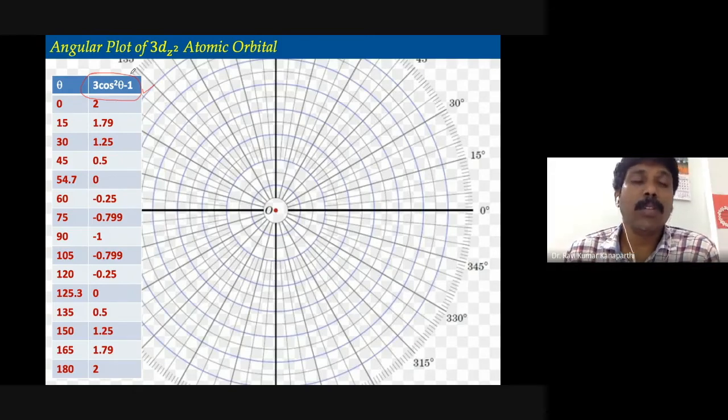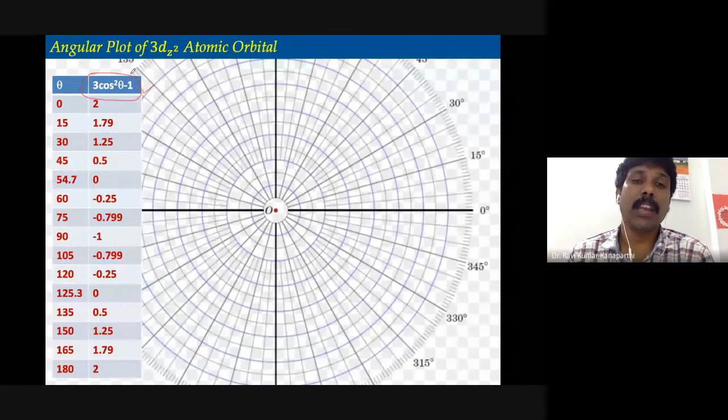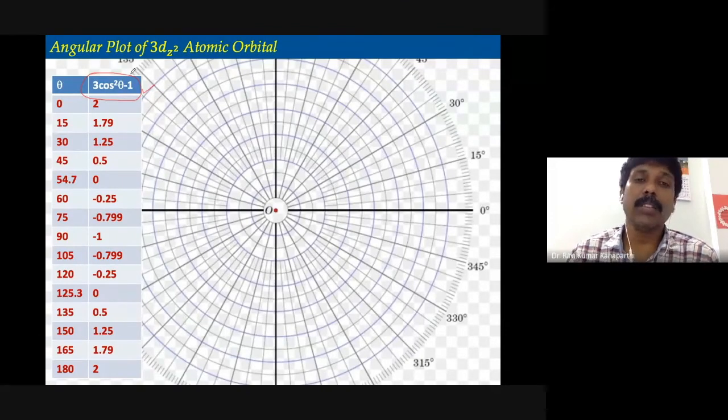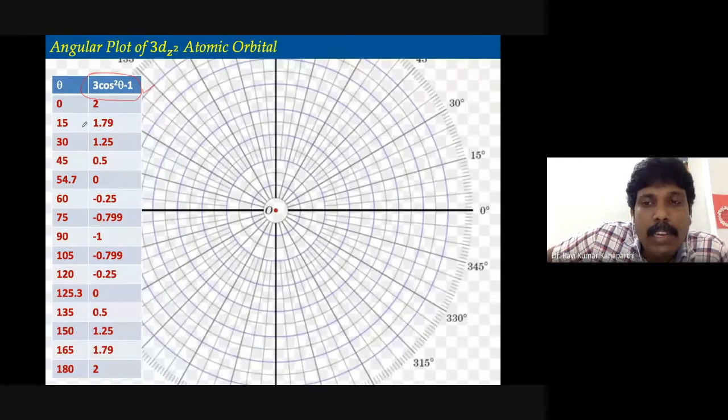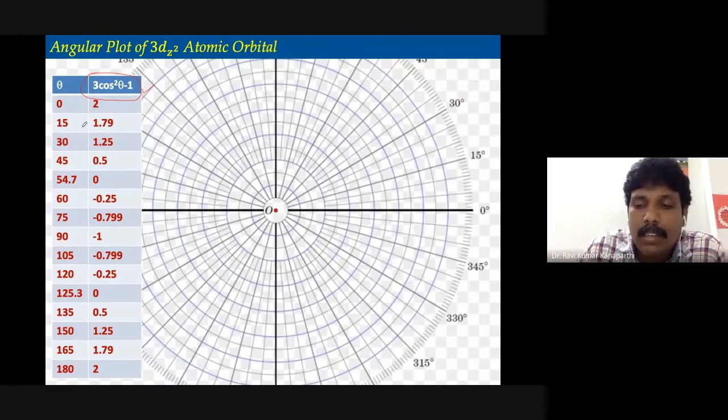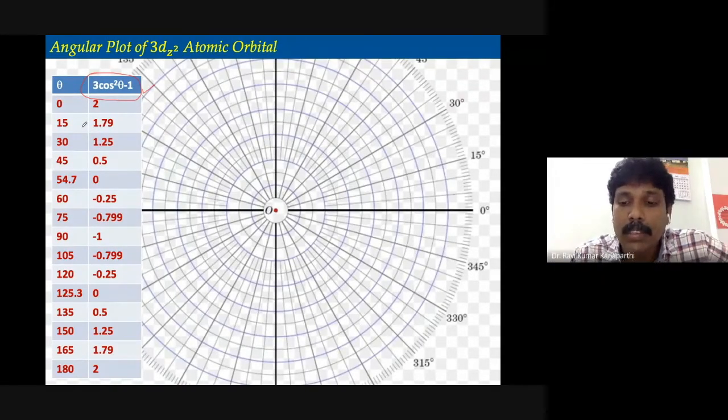Again, the same. We know how the theta is varying. So theta can take a minimum value of 0 and maximum value of 180. From 0 to 180, you can have different points. Just make a table of this kind. So I have made a small table. I am a bit lazy, so I have only taken every 15 degrees. But if you can try for every 10 degrees, you can calculate a point and mark it, and then later on you join all the points, and then you will appreciate the shape of the polar graph, or the shape of the orbital in general.